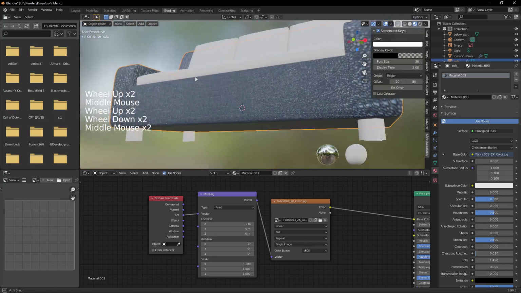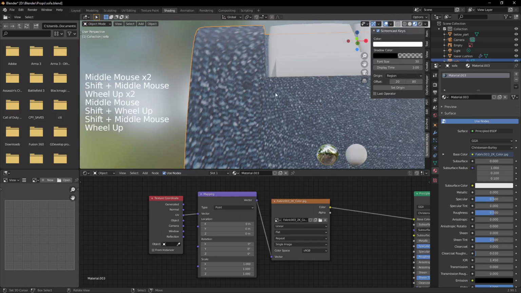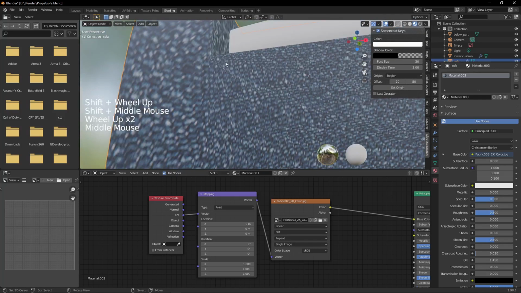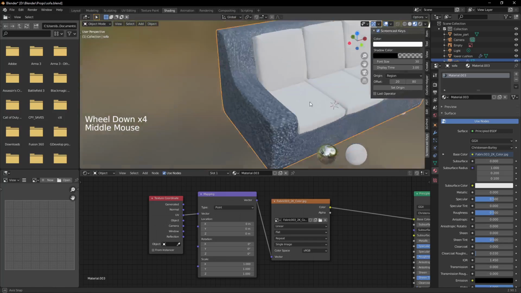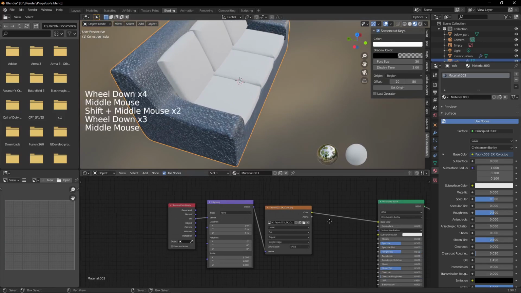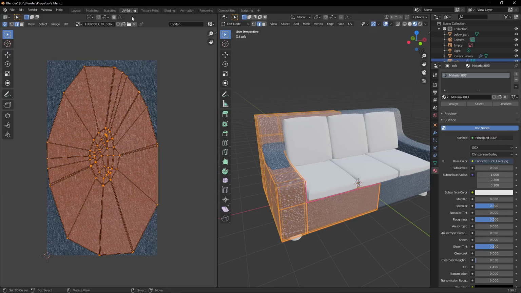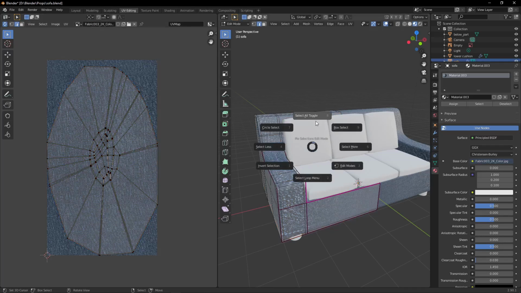You can see that the image over here is not the same as this one. It's not seamless. So we are going to repair that by going into UV editing, select all, and